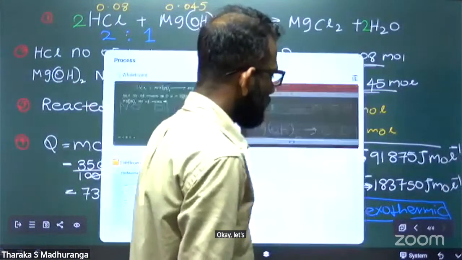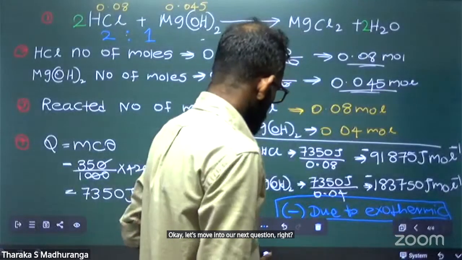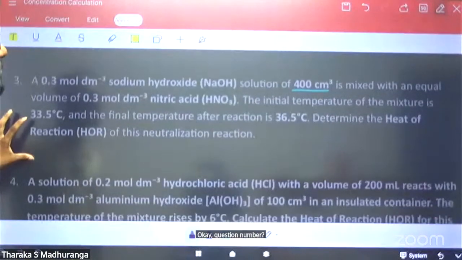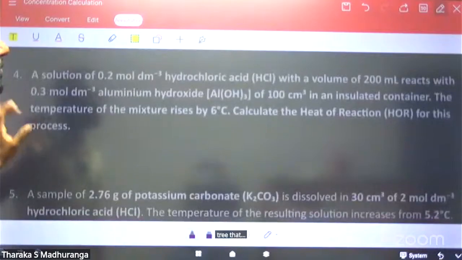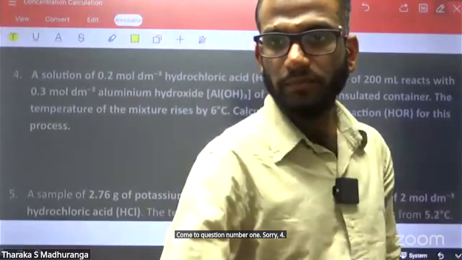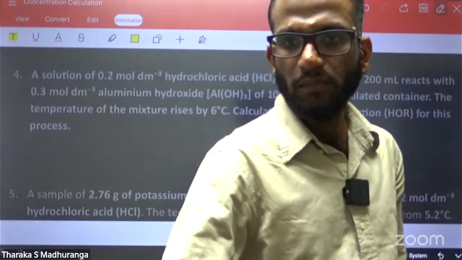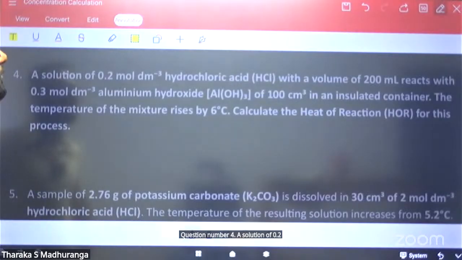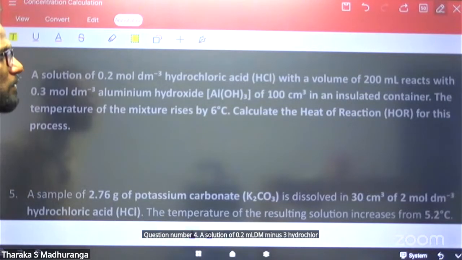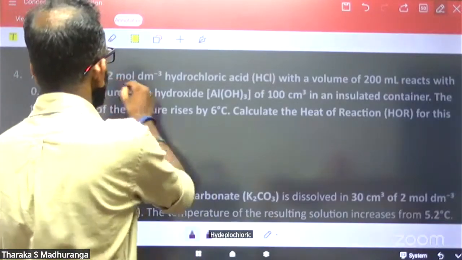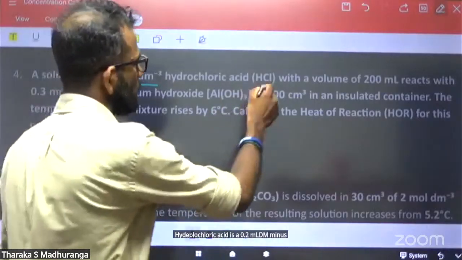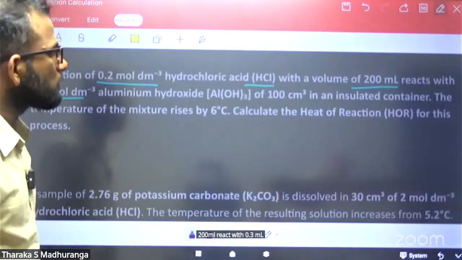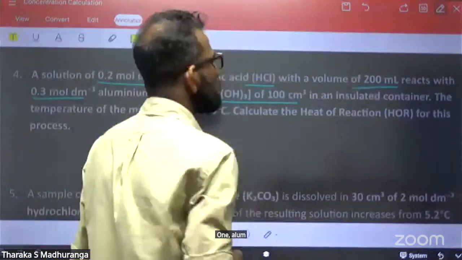Okay, let's move into our next question, right? Question number 3 done. Come to question number 4. Question number 4. A solution of 0.2 mol dm^-3 hydrochloric acid, 200 milliliter, reacts with 0.3 mol dm^-3 aluminium hydroxide, 100 cubic centimeter, in